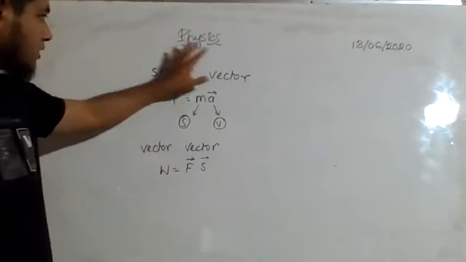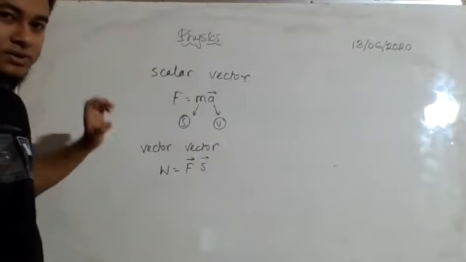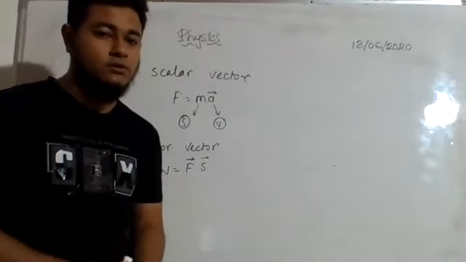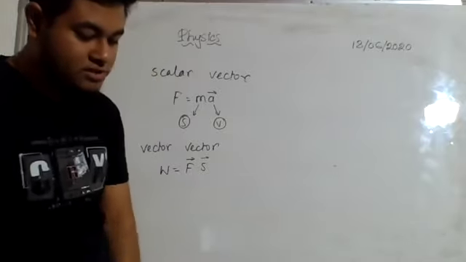Now, this one we will not study in detail. Actually, there is nothing much to study about this in detail. This vector into vector will further be divided into two categories. We will take a look. Let us go through the lines of the book first. Come to page number 67.